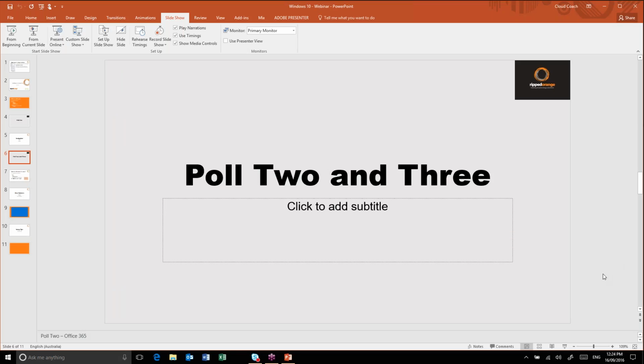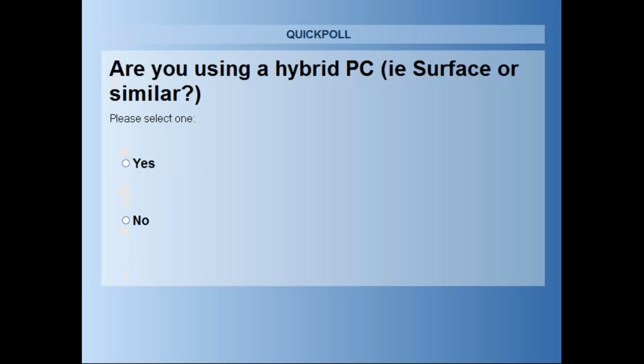And also just want to feel if you're using a hybrid PC. So a hybrid PC is a machine like a Surface or something similar to that. So if you could just fill in this. Okay, I'm just going to cover really lightly the hybrid PC side of things because there's not too many of you using. Most of you are using a normal computer, i.e. not one with touch. But the one thing that you will see,